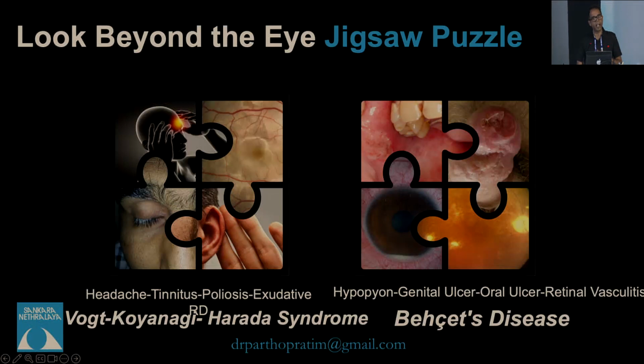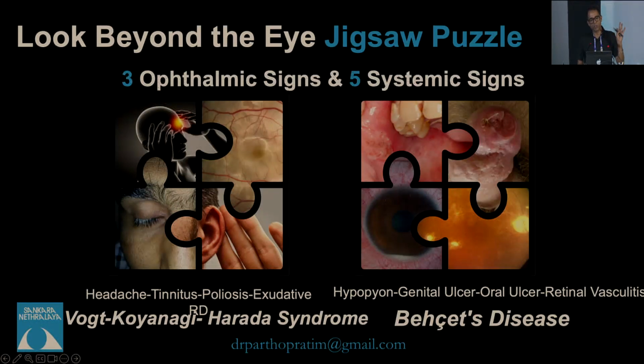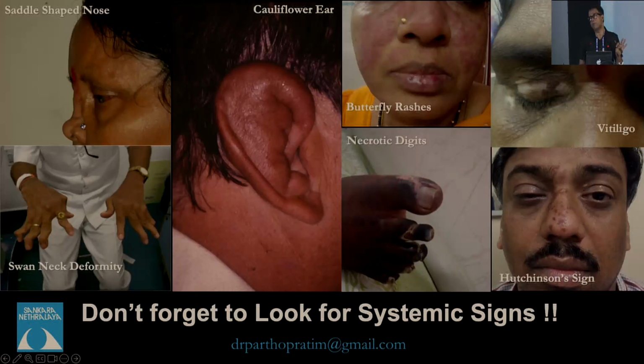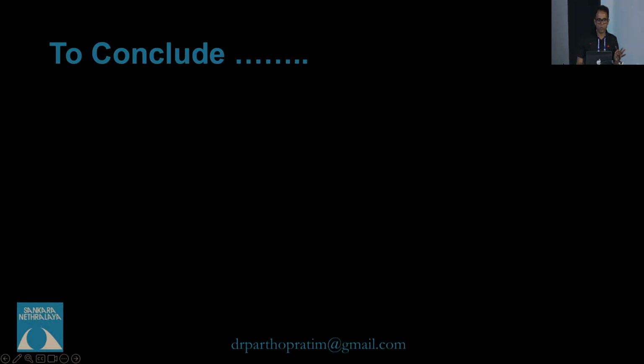Now I'll tell you the secret behind how you diagnose. I have shown you 3 ophthalmic signs and I have given you 5 systemic signs. But still, you being an ophthalmologist, could diagnose that. So that means you have to pay attention to the systemic signs. Sometimes you can decode your diagnosis just by looking at the systemic signs also. So always try to do that. To conclude,